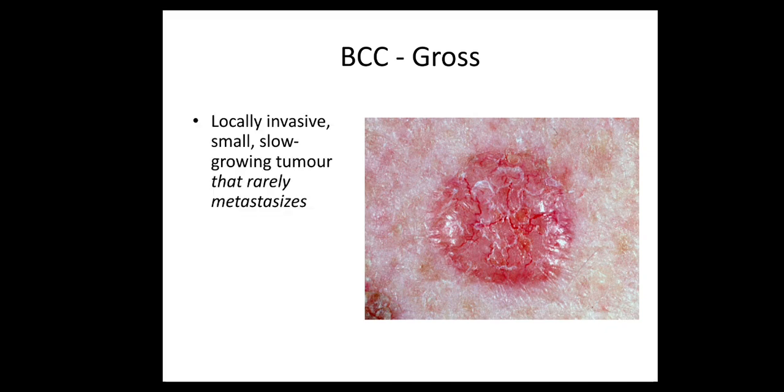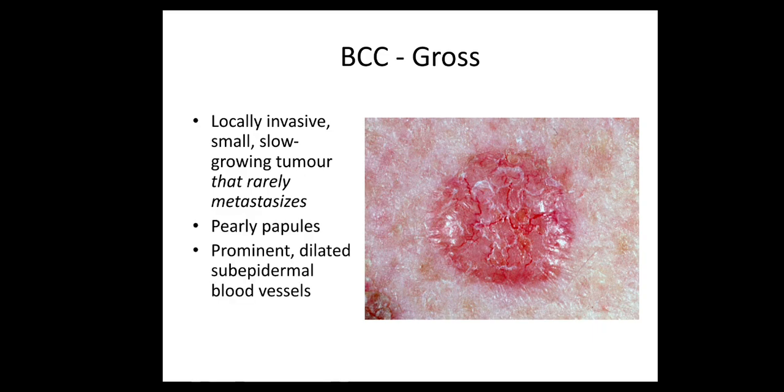So how will you describe the lesion? It is a locally invasive, slow growing tumor. It rarely metastasizes. There is another name for this, also called rodent ulcer. Why is it called a rodent ulcer? Because it is locally infiltrative. It will slowly eat like a rodent. It will burrow and go in deep. So you might just see a small ulceration on the external surface, but it can be a deep-seated, progressive malignancy.